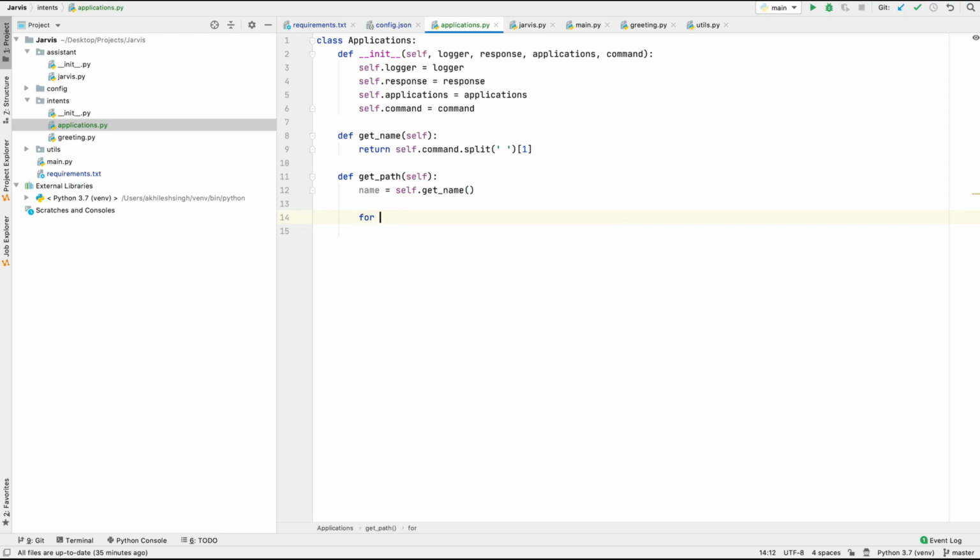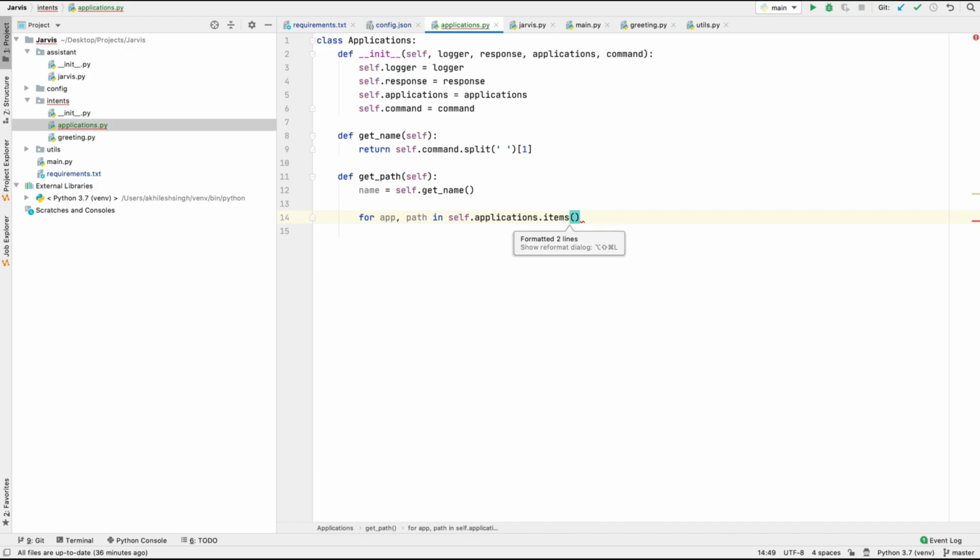Then I'm going to iterate app and path from self dot applications, and I'm going to use the items method.